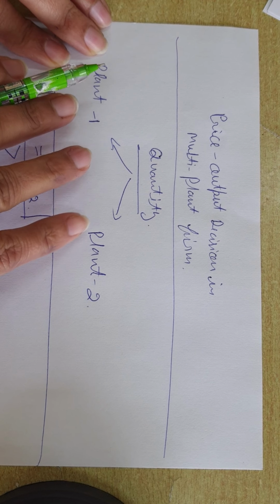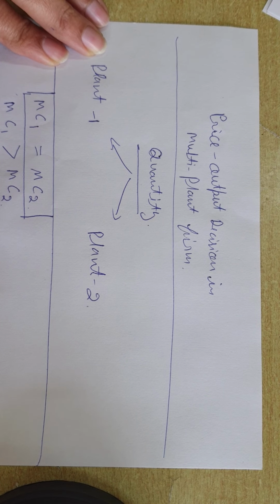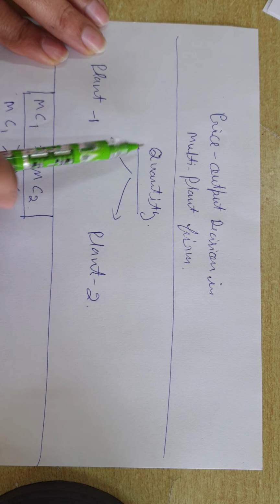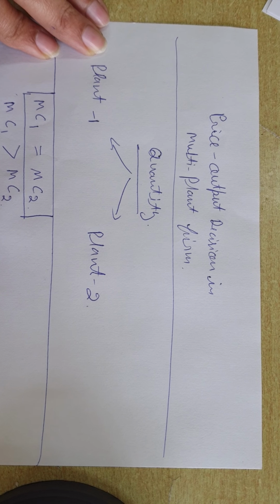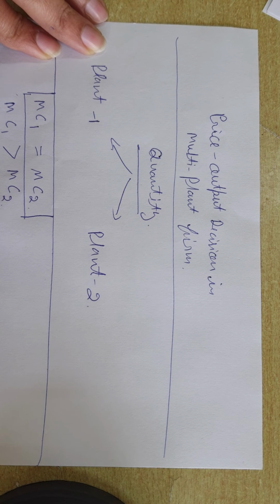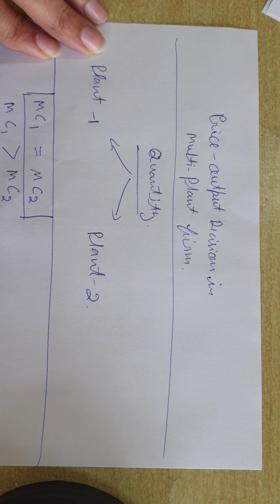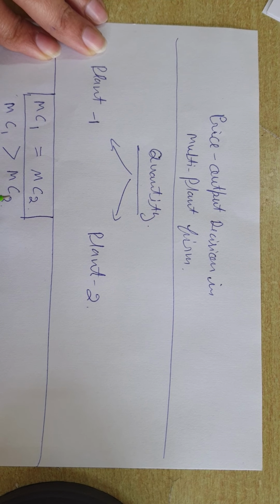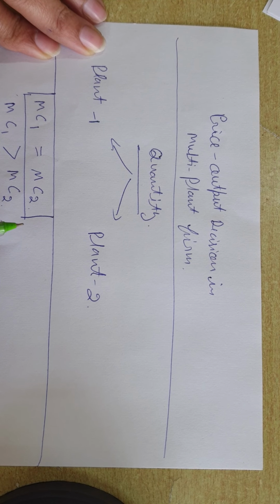Okay students, in this video we will be talking about price output decisions in a multi-plant firm. Sometimes one firm has more than one plant where it is producing a commodity. Usually it is found in the case of a monopoly market, where the monopolist has more than one plant where he is producing the commodity. The market is the same, and the market is expressed with the help of the demand curve,